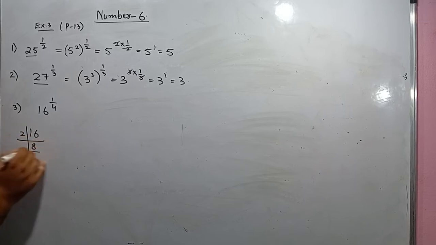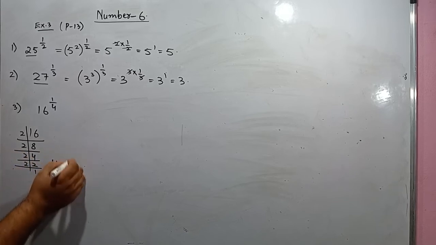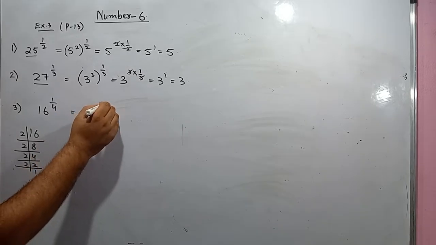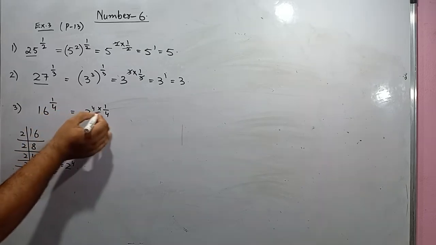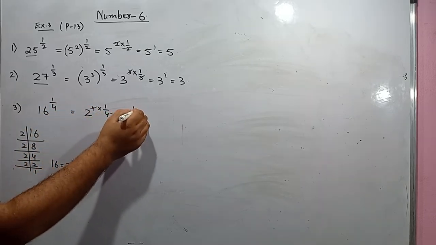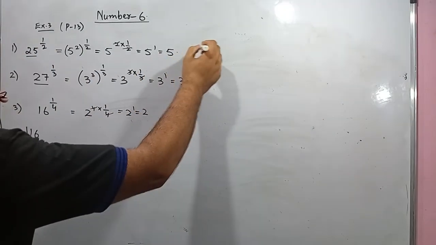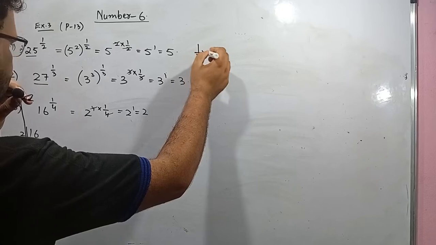2 8s are 16, 2 4s are 8, 2 2s are 4, then 2 1s are 2. You can see 16 can be written as 2 to the power 4. So I will write 2 to the power 4. Then directly I will write 1 by 4 because I know this 1 by 4 should be multiplied to this. That's 4 4 cancel. It's actually 2 power 1. That is 2 only. Now you can see here this 25, I can also write